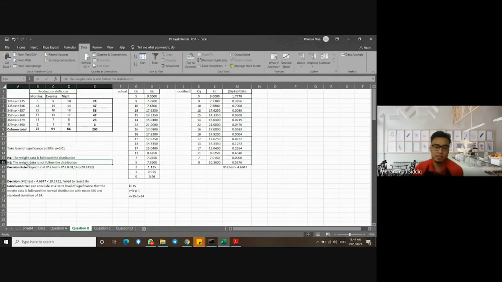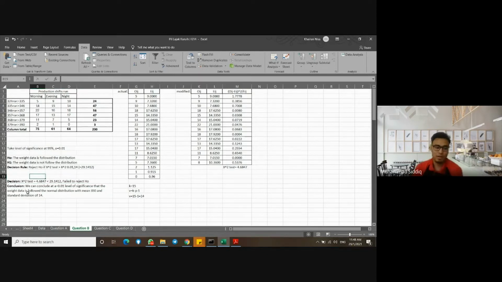The decision rule for this test: we reject H naught if the chi-square test statistic is greater than chi-square 0.01, 14, which is the value 29.1412 that we got from the statistic table. Then after we calculate the chi-square test statistic from the modified table, we got the value 4.6847,